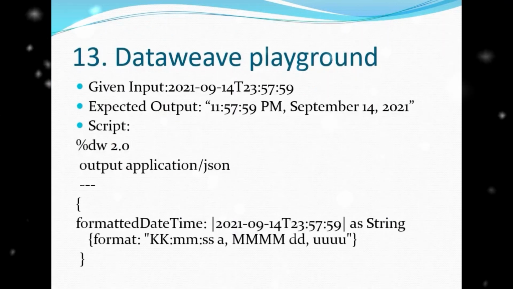13. DataWeave playground. Given input: 2021-09-14T23:57:59. Expected output: 11:57:59 p.m. September 14, 2021. Script: %dw 2.0 output application/json --- formatted datetime: "2021-09-14T23:57:59" as String {format: "KK:mm:ss a MMMM dd, yyyy"}